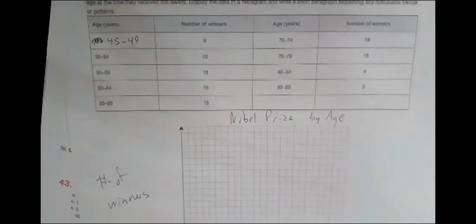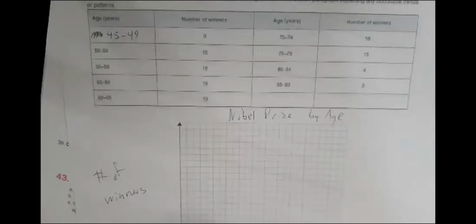I'm going to change this just so we can say 45 to 49. It'll be easier to graph, and it will be more accurate with the way we should do things. It may not be accurate in reality to what the facts and figures are, but I'm going to make it easier. So if I want to do 45 to 49,